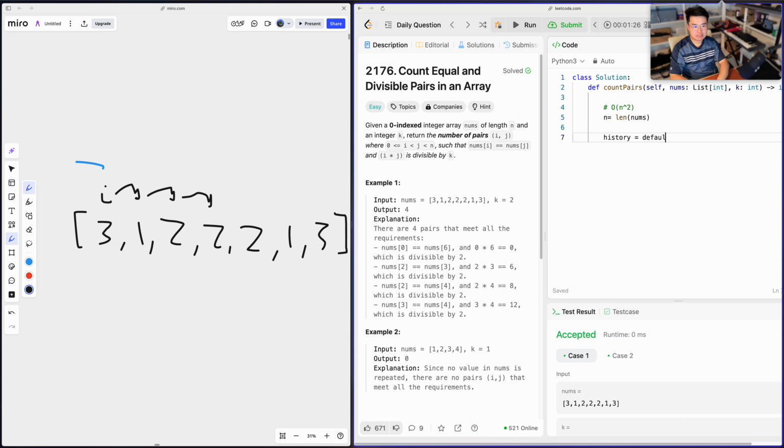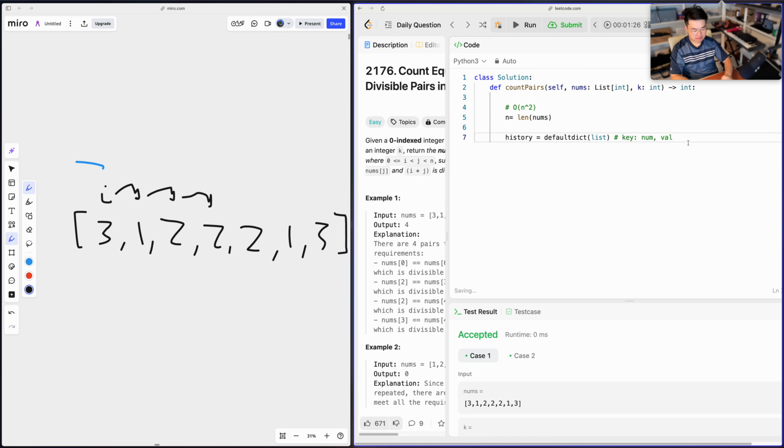And then maybe my history could be a defaultdict of list. Would the key be just a number in the nums array? Its value is a list of indices where nums at that index is equal to the number, so it holds all the indices with this num. So for i in range n, for index, num in enumerate nums,